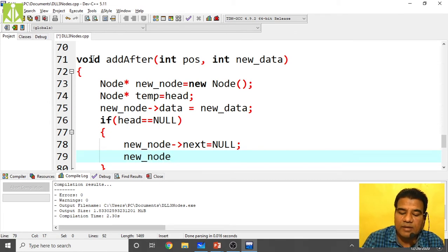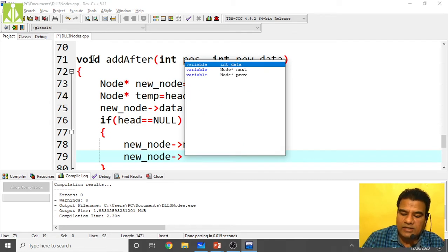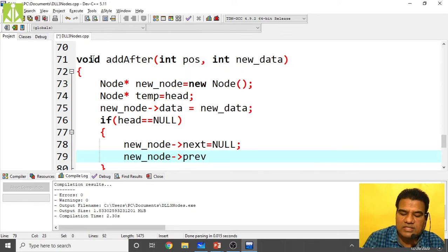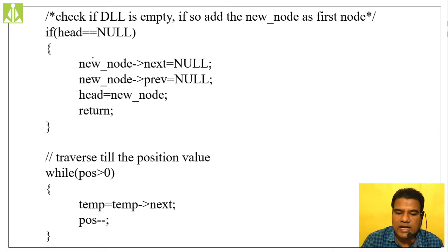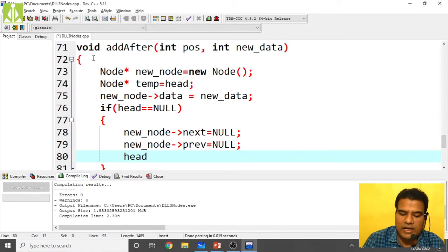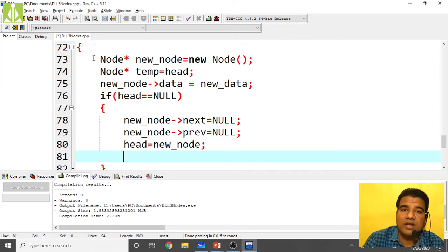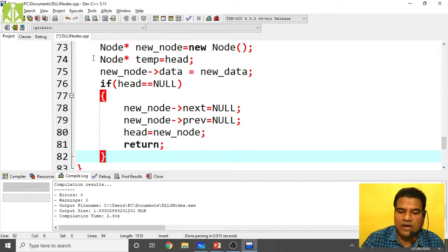Next, head equals to new_node. So when your head is null, add the newly created node as your first and only node in your doubly linked list. Then return. That's it. From here only we are going to return.